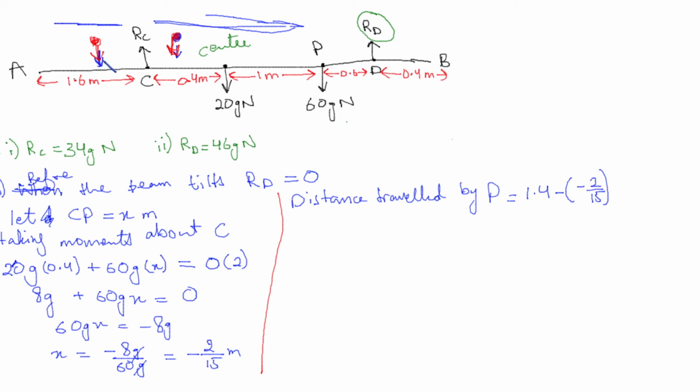And if you're still confused, or you're maybe not drawing the diagram, you can directly use this value as it is with the sign, and you will get the correct answer either way. So 1.4 plus 2/15 gives me 23 over 15, which I can write to three significant figures